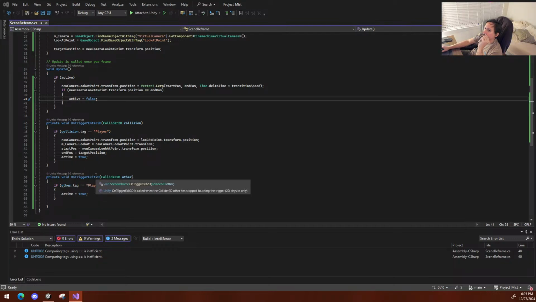And then active is true. So it starts there and then goes there, and then on exit